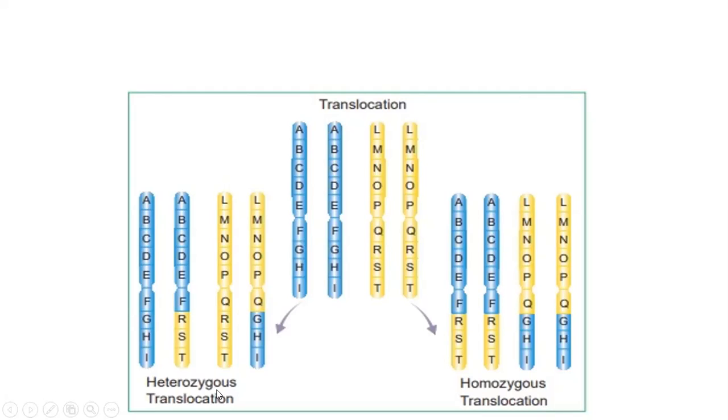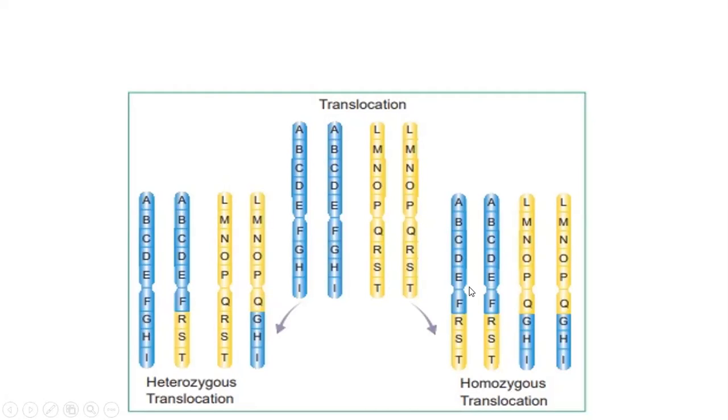So, when they produce gamete and zygote, each one is different. So, it is called hetero. Hetero means different. And